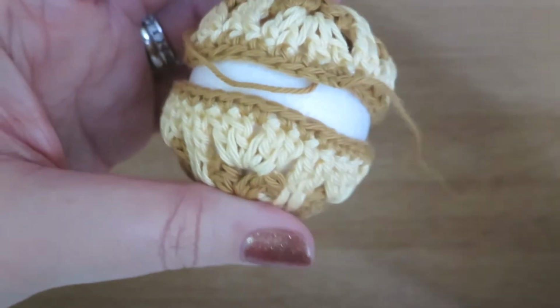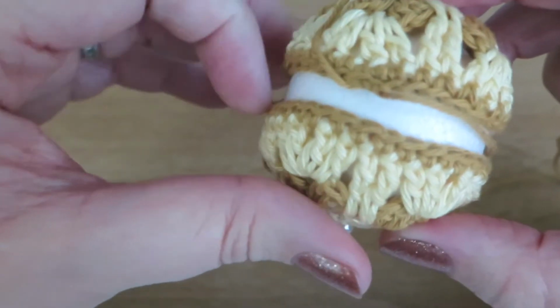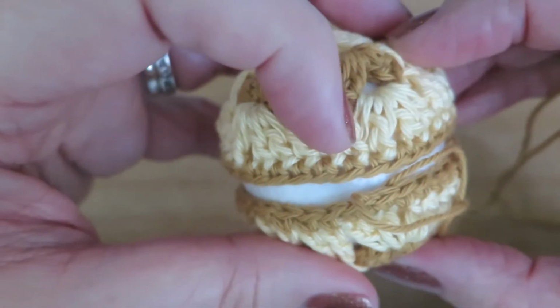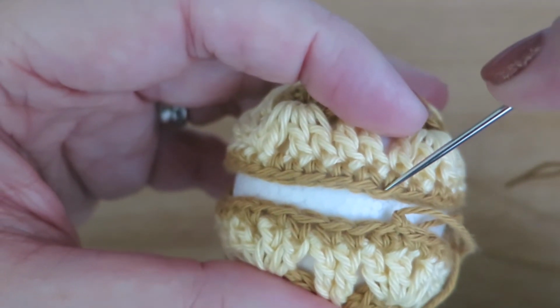So if I turn that over and put that out of the way, that time was going the right way the first time round. Oh dear. Right, so what you want to do is you want to catch